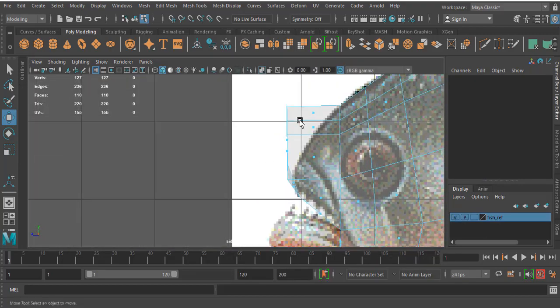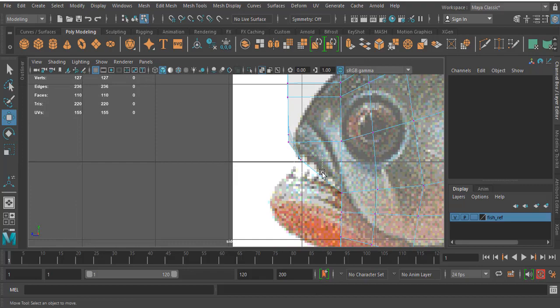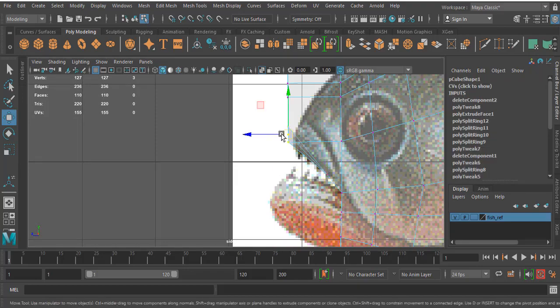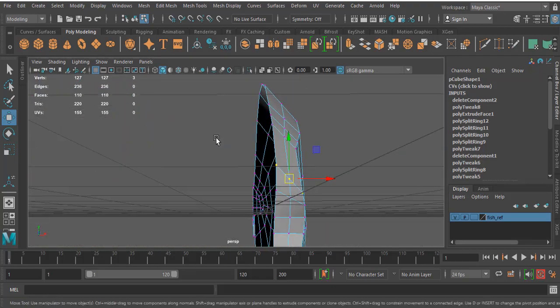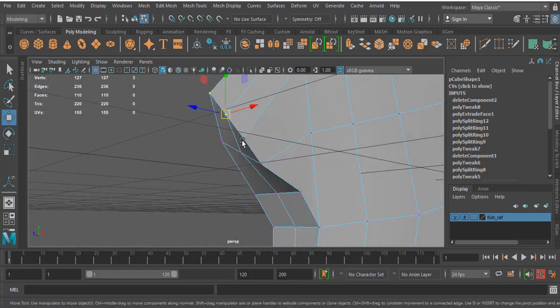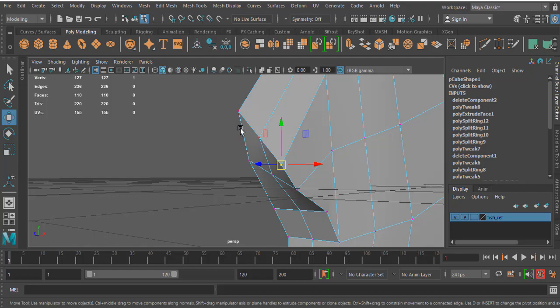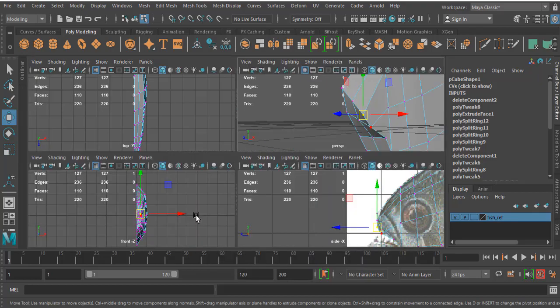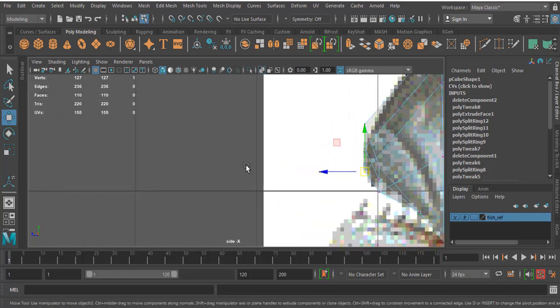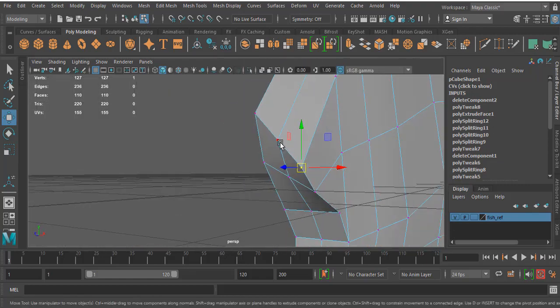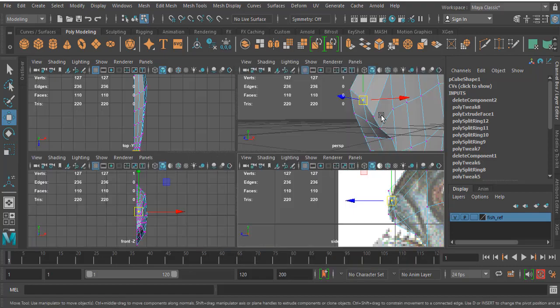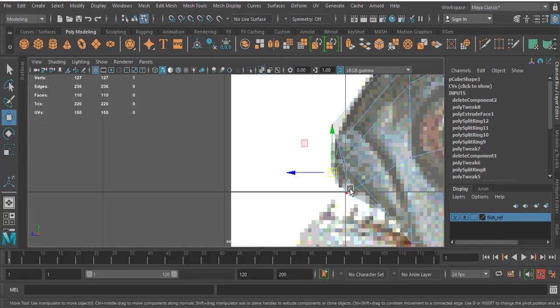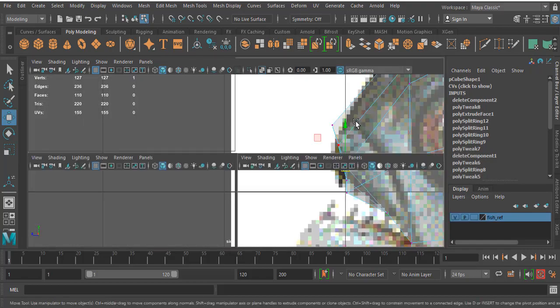Once I delete it, I have to place this. You may be confused by this, don't worry. Now what you have to do is go to perspective and understand how the vertices are located. So select the vertices from the perspective and place it like this. Go to the other view.